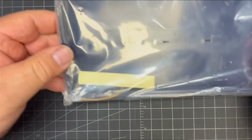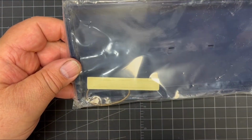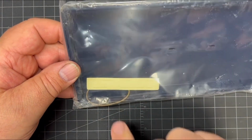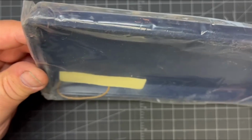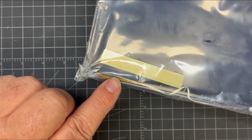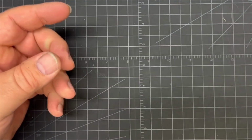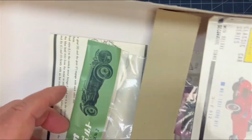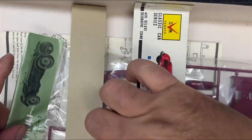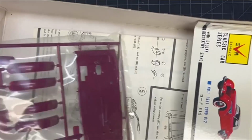But it's a vinyl sticker that's gold that says Alfa Romeo on it, and a rubber band. So I would say that's a gum band. It wouldn't be a rubber band this old. But there's the stand, and now I'm going to pull this one out from under the housing, and we got